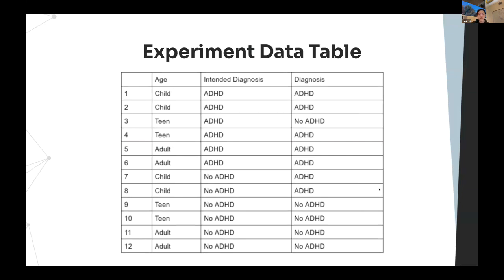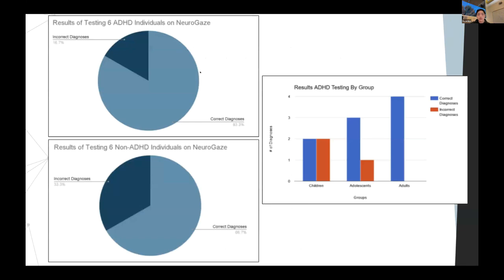For a more detailed version, this page is split into pie charts and bar charts. As you see on the top left, results of testing 6 ADHD individuals on NeuroGaze: the incorrect diagnosis was 16.7%, and correct diagnosis was 83.3%. Results of testing 6 non-ADHD individuals on NeuroGaze was 33.3% and 66.7%. So just from those two, it shows how NeuroGaze is much better at diagnosing people who have ADHD